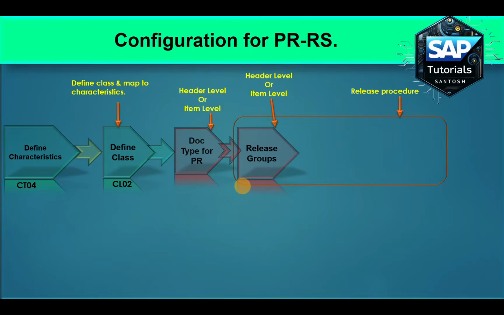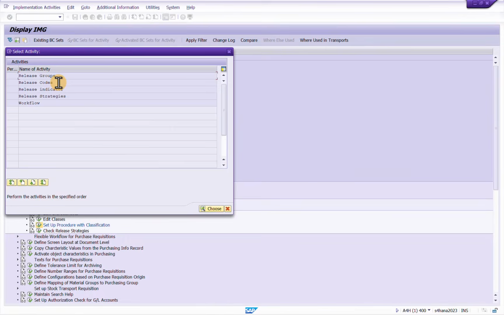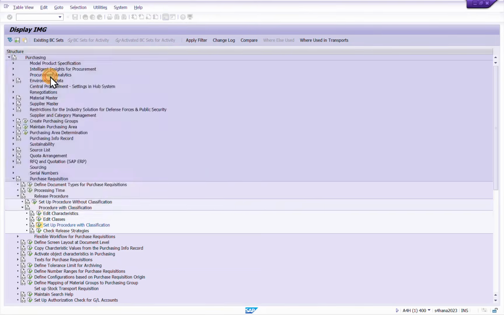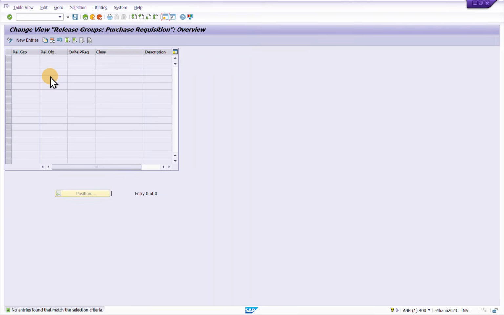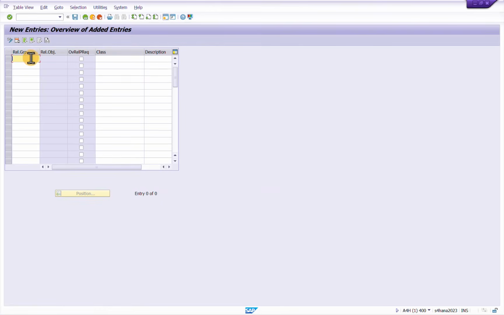In this we have release groups. For PO we have seen we create only one release group while maintaining this PO release strategy, but for PR we can create two or multiple, either for item and header. So here first I will create a release group for header level and then for item level. So here new entry, then release group. Let's say I will use release group